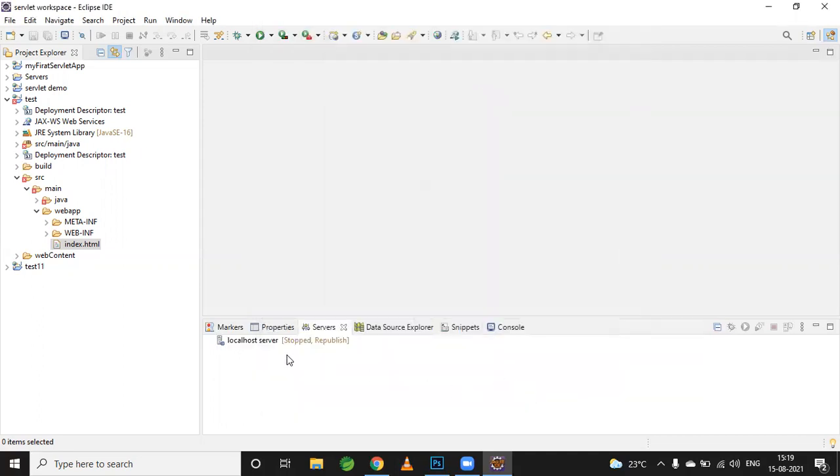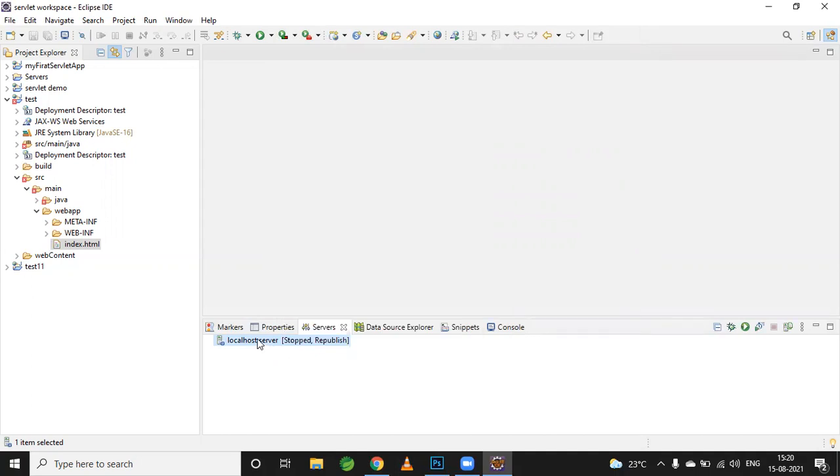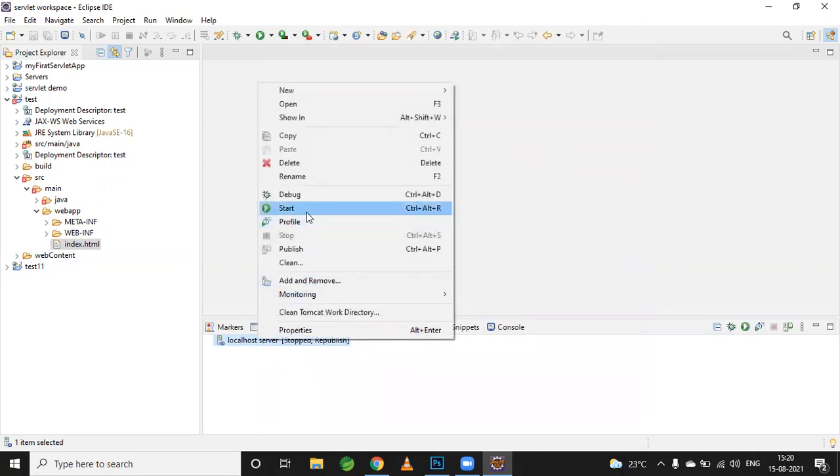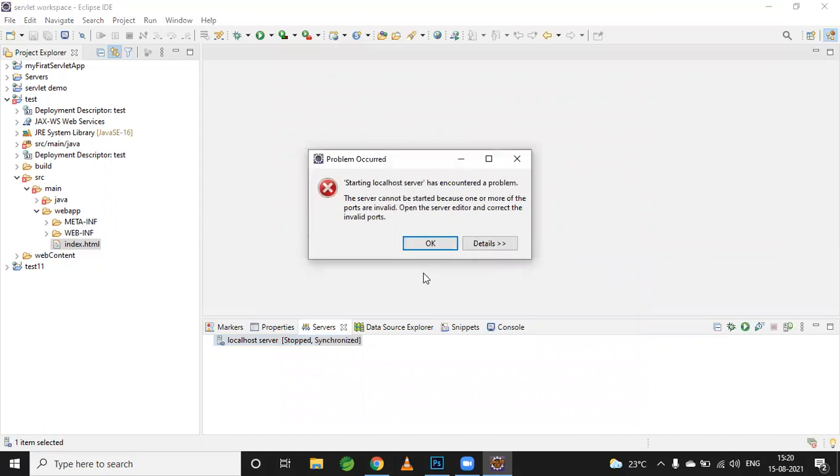After finishing, in the local system you can see you have successfully created a new server with the name localhost server, which is the name we have given. Now you can start this server to check whether our server is successfully installed or not. To start this server, right click on the localhost server name and click on the Start option. It will start our Tomcat server.